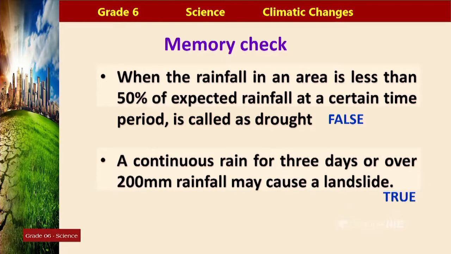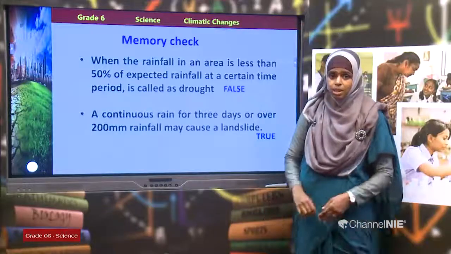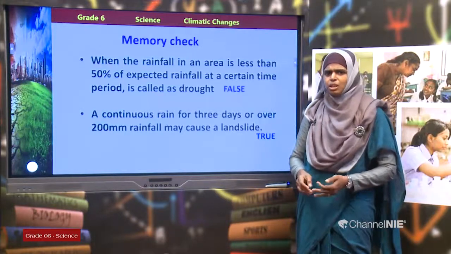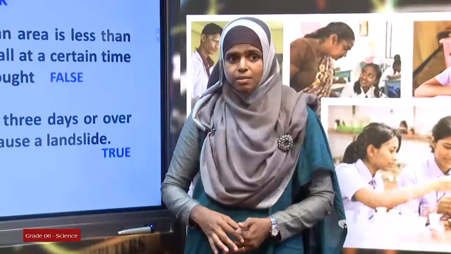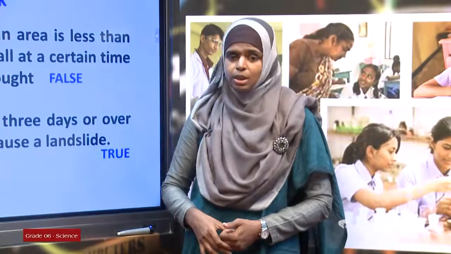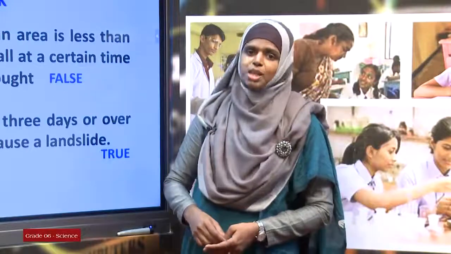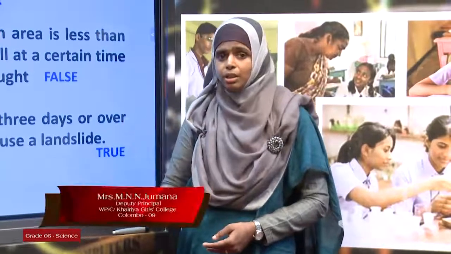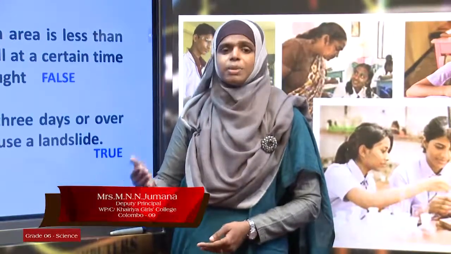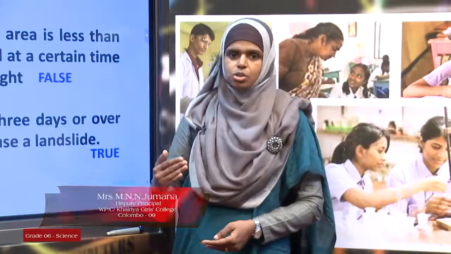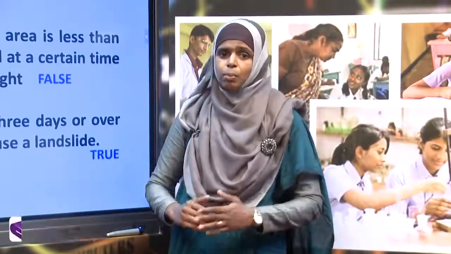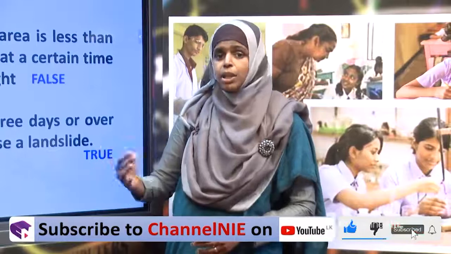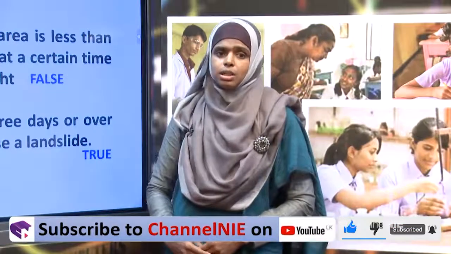So, in today's lesson, under climatic changes, we have looked at designing simple apparatus in order to measure the factors related to weather, as well as we have discussed natural disasters. We discussed 4 natural disasters, children. We said although natural disasters cannot be avoided, we can minimize the impact of natural disasters. We can save the properties as well as lives if we become vigilant and stay alert about natural disasters.